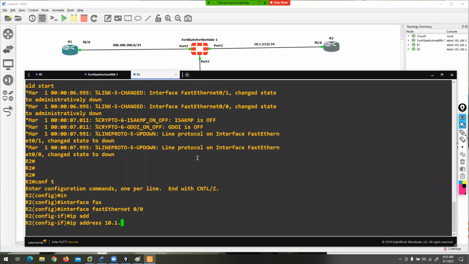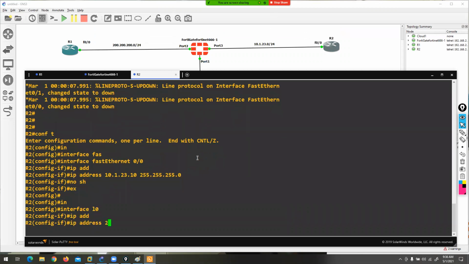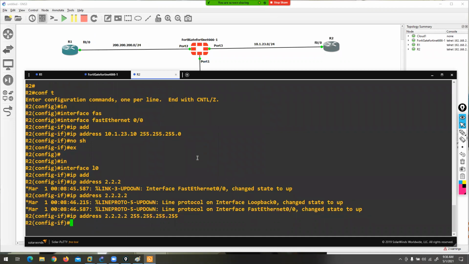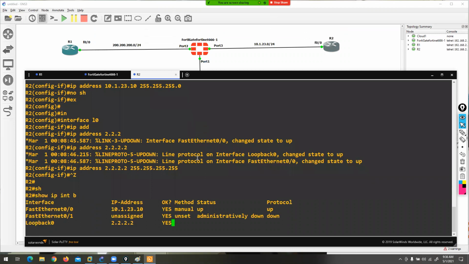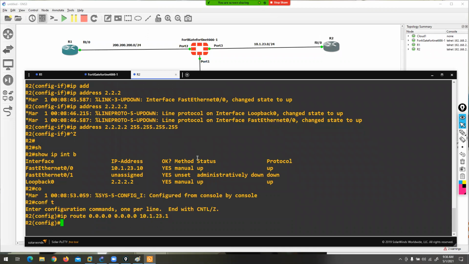The IP address we are using is 10.1.23.10, and mask we are using is 255.255.255.0. Loopback, yes, we are using loopback 2.2.2.2. IP route any network with any mask 10.1.23.1.